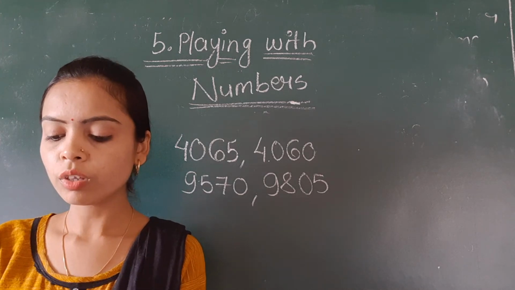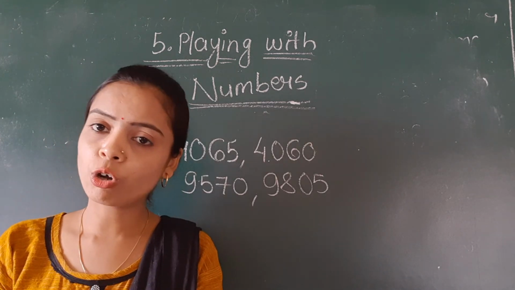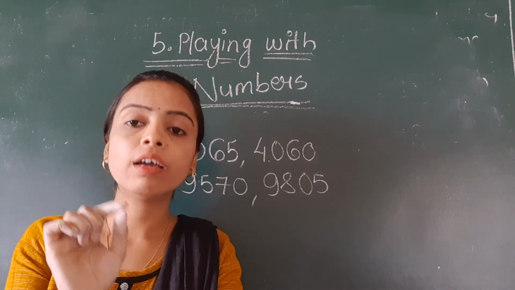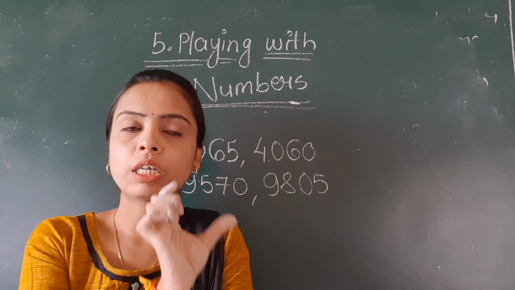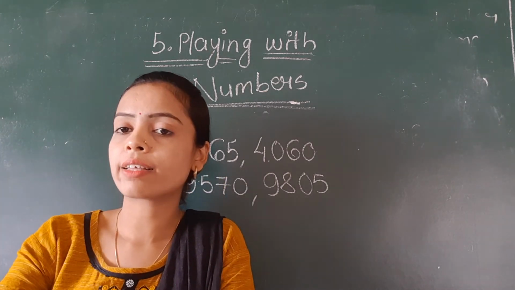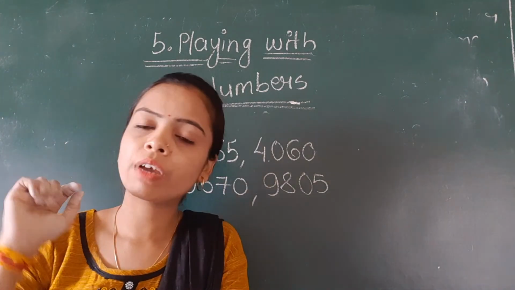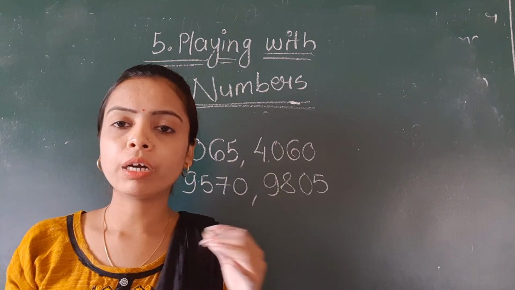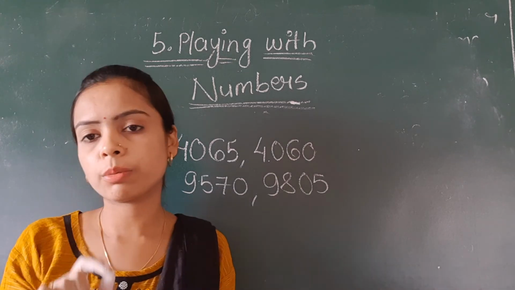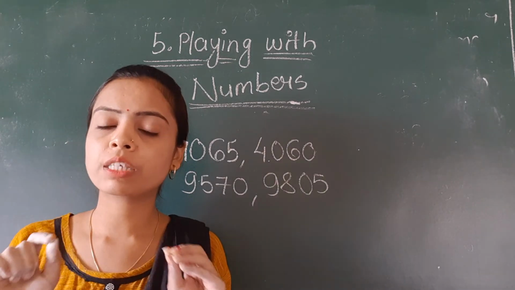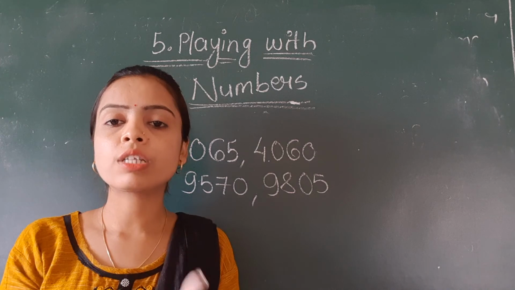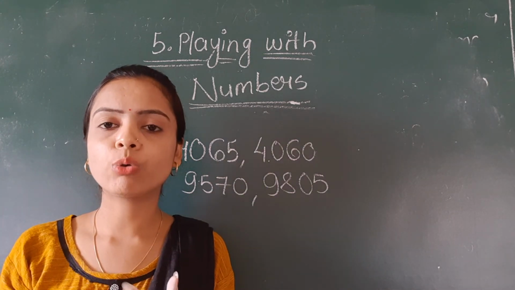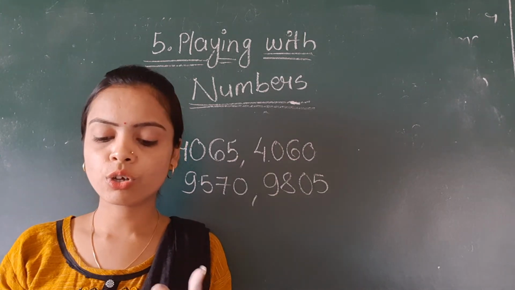Some questions also have conditions given. आपको बोलेगा कि आपको वैल्यू निकालनी है बट इन फ्रेम्स के बीच में, मतलब 0 से बड़ी होनी चाहिए, 7 से छोटी होनी चाहिए. Conditions are many, but the main thing is the test for divisibility remains the same. आपको सिर्फ टेस्ट फॉर डिविजिबिलिटी याद रखनी है. The concepts and the different types of conditions can be applied on the question so as to find out the answer. Okay, so that is your lesson number 5.